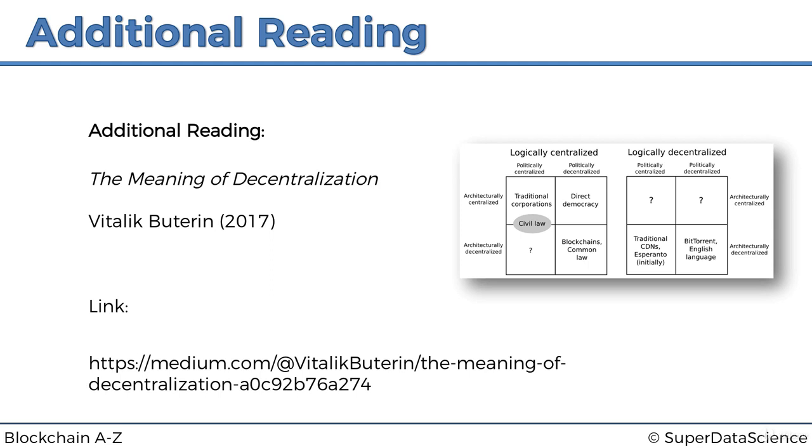And you may have heard some debates around the difference between decentralized systems and distributed systems. Vitalik really puts it all to rest. He shows his understanding of three levels of decentralization: logical decentralization, political decentralization, architectural decentralization. Very interesting read. I highly recommend checking it out, and it will also help you combat any debates you might have with someone where they're saying, no, this is not distributed, this is decentralized, or no, this is not decentralized, this is distributed. This will give you some additional overview of what's going on there.